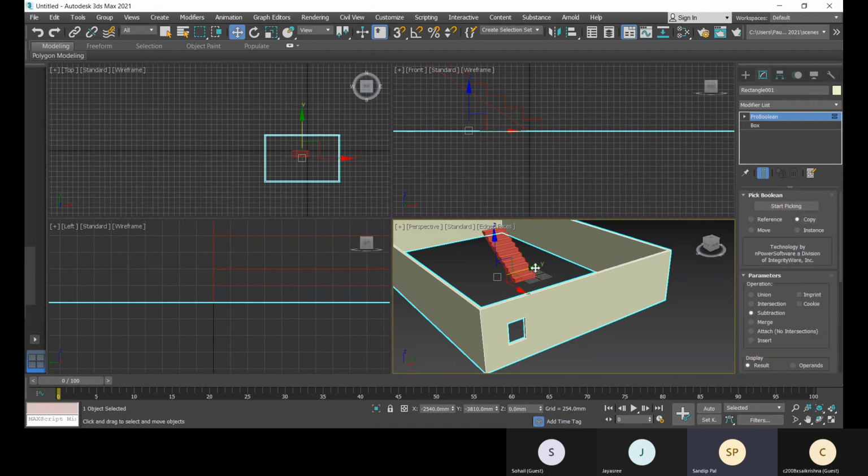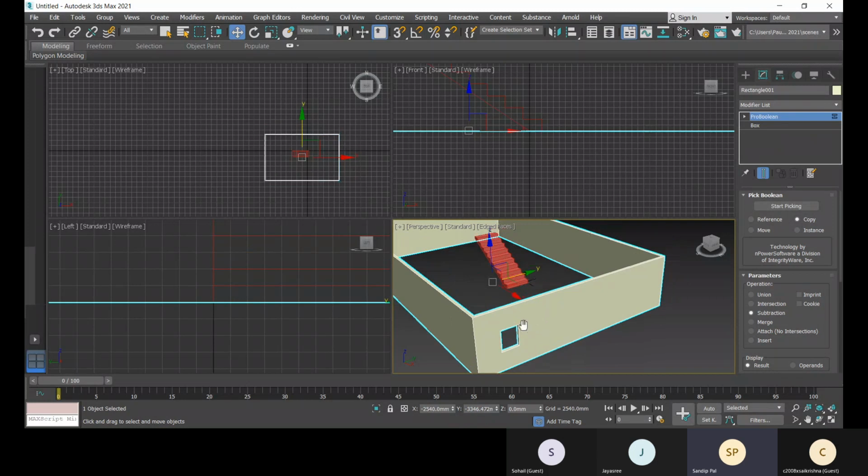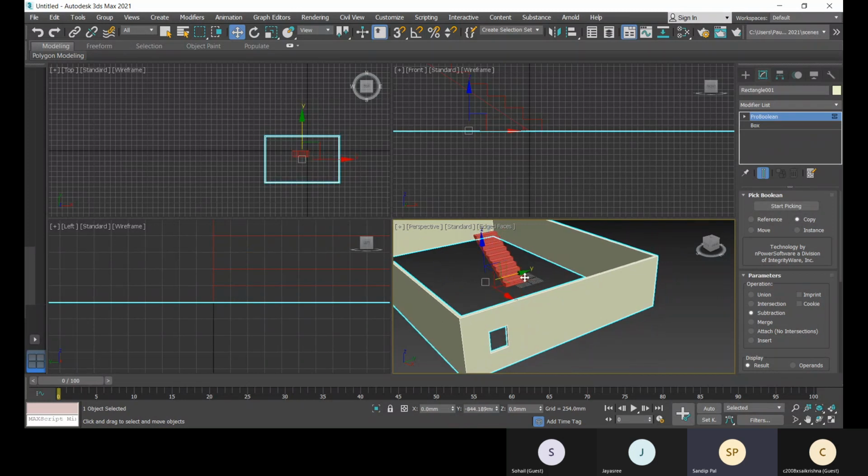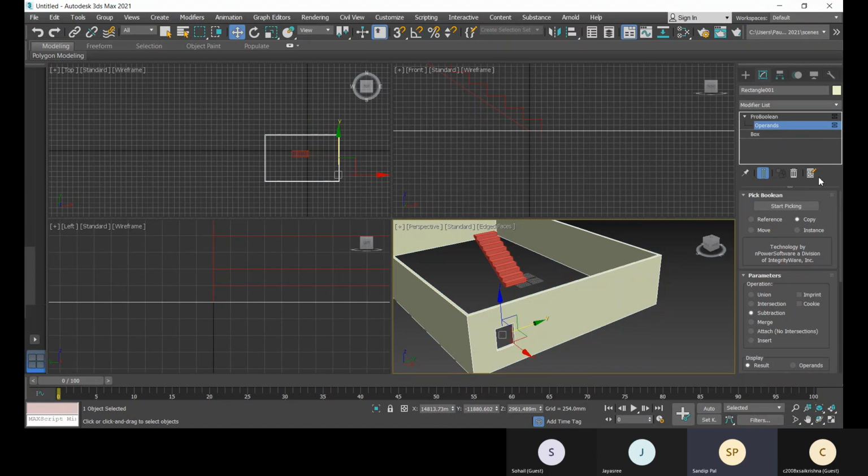So now you can see this, select these operands right now, and you can drag it, the position you can change it. Now if you hold the shift and drag it, you can have another.